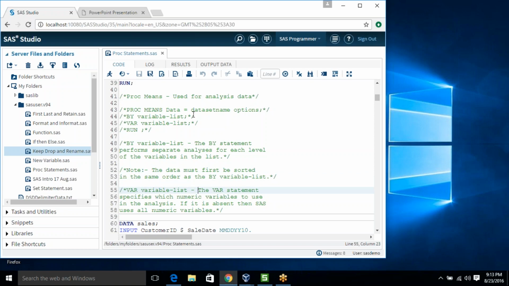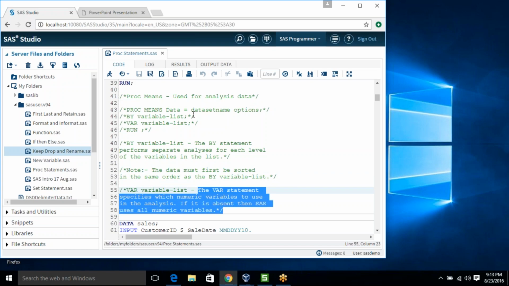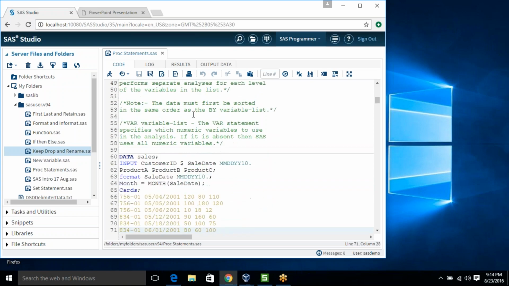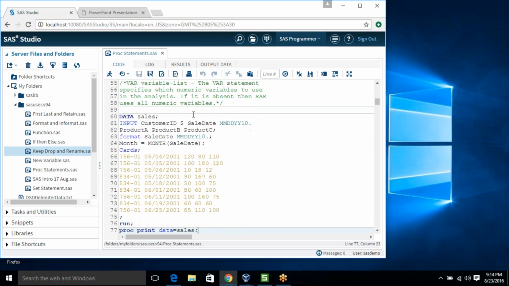And the var statement says which numeric variables to use in the analysis. If it's absent, then it will use all numeric variables for analysis. So we are good.